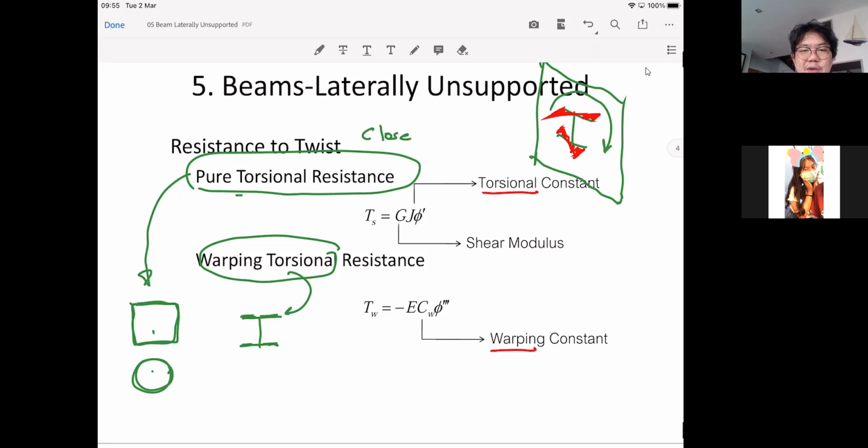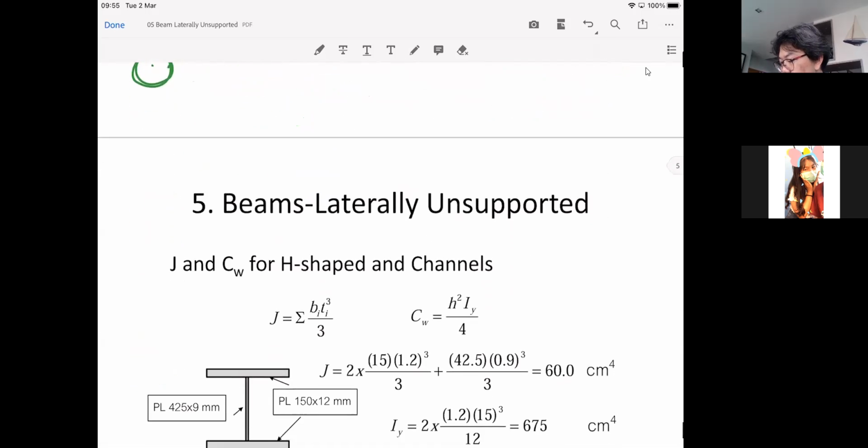There was a guy who came up with the critical moment that will cause this lateral torsional buckling, and the way that this was proved by mathematics never ceased to amaze me. I am still amazed by the guy who came up with the exact solution of lateral torsional buckling. So out of this world. Out of this world. Anyway,